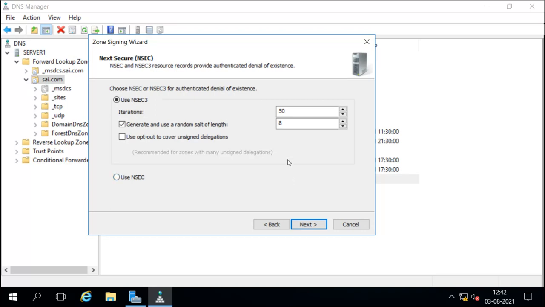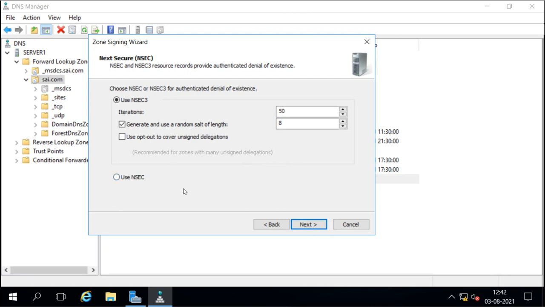Now sometimes there is a firewall, and in the firewall we are blocking the queries. For example, say this is split DNS, and for the internal zone we are blocking the queries. Now the attacker uses different things. It sends the query and waits for the response. If it is not getting any response, that means the firewall is blocking it. So the attacker crafts the query in different ways to bypass the firewall, and then sends the query to the DNS server.